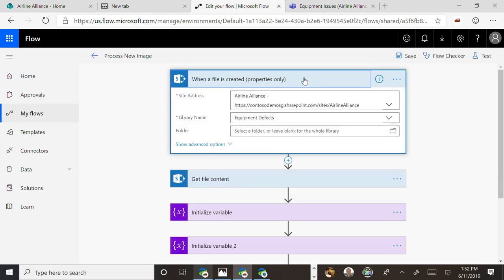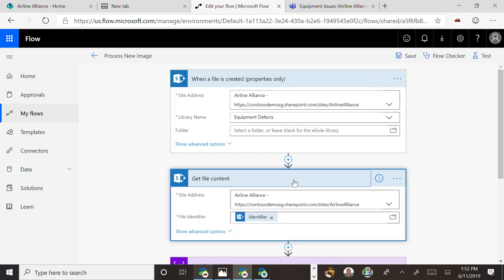So this flow is built off of the trigger that says when a file is created. For those of you who are new to Flow, every flow is built out of at least two objects, a trigger and actions. The trigger is the set of conditions that fires the flow. And the set of conditions can be something that's automatic, so waiting for an event to happen, something that's periodic, that's triggered by a timer every hour, every day, every week, every month, etc. Or it can be done interactively. I've picked something and I've hit a button saying start this process. The trigger here is saying when a file gets created in this place, I want you to get the contents of this file,